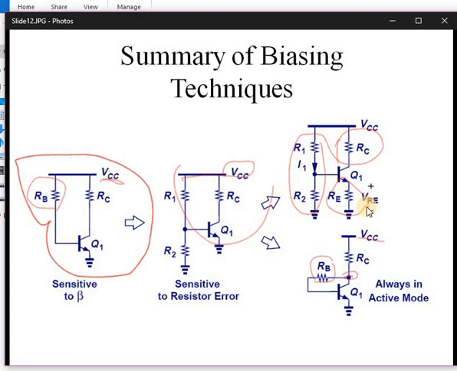The potential divider circuit provides a stability factor of around 10, or otherwise, if we neglect the value of RTH compared to RE, then the stability factor of this potential divider circuit is almost unity. That means the stability factor is equal to 1. So practically the stability factor of this potential divider circuit is around 1. That's why among the four biasing circuits, we are using the potential divider circuit in linear operation of a transistor.